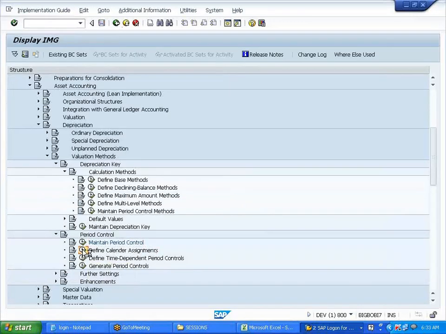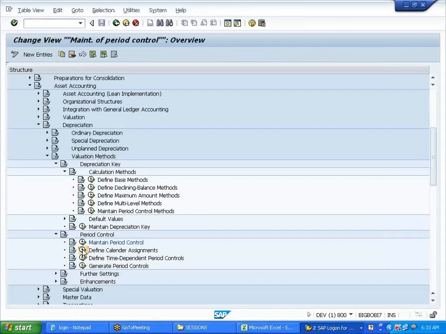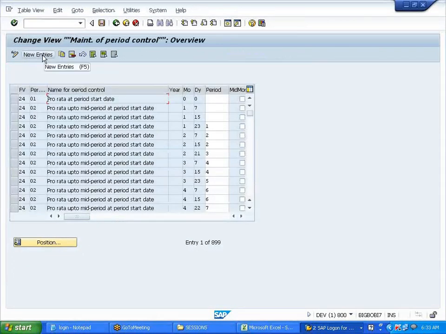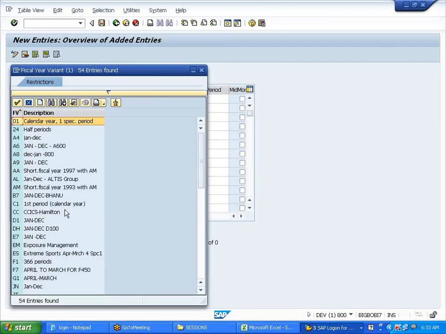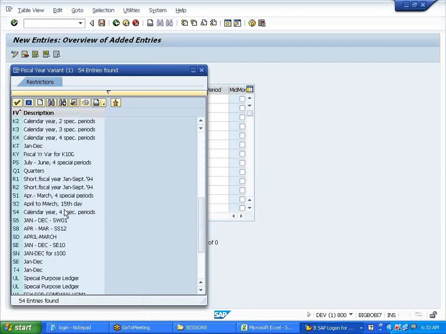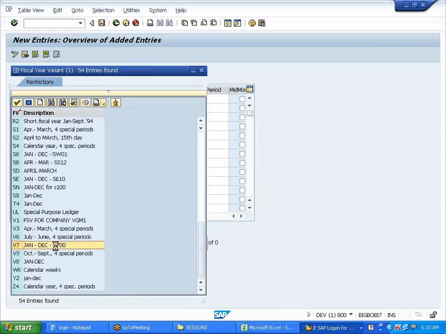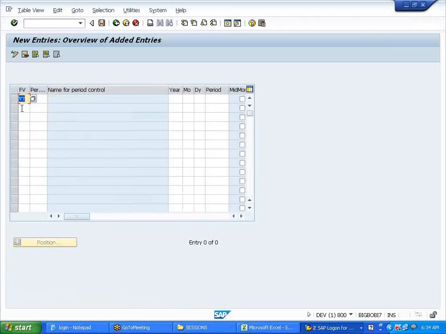Define calendar assignment. New entries. What's the fiscal year variant? Anyone? Calendar year, right? No, I think for V7. V700. Okay, see here, V7. What's the period control?